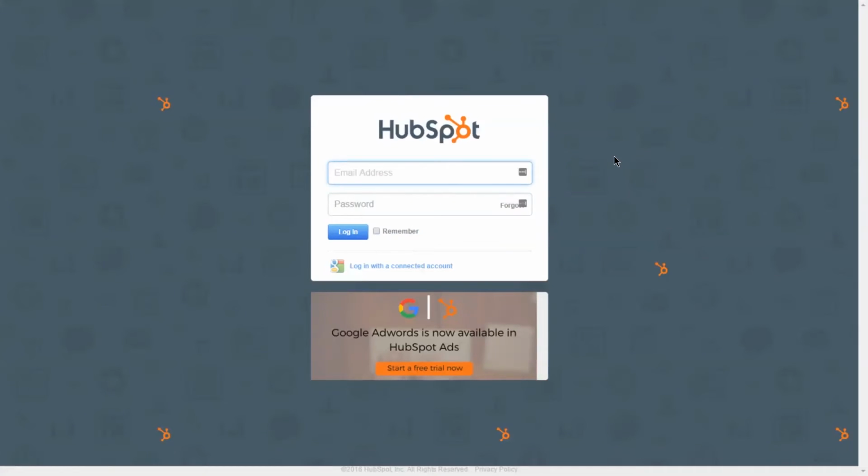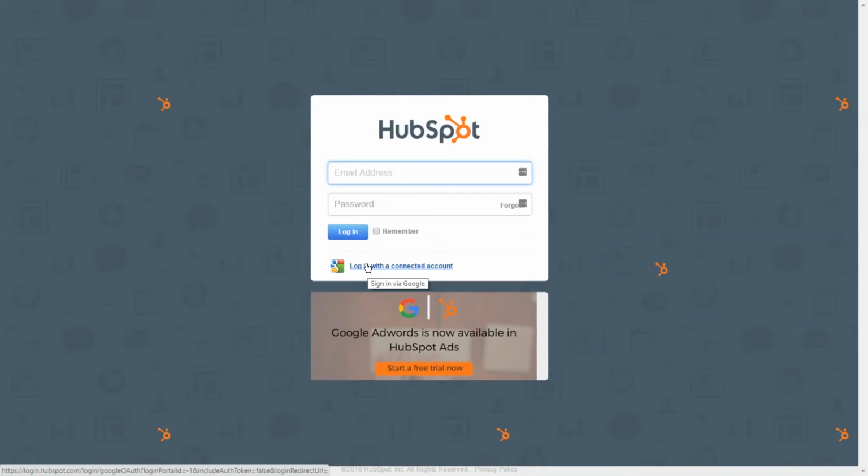When you're ready to log into the system, we will send you all the links to the tool itself. But you do not use the actual login form here. Go down to the bottom and click on login with a connected account, which will connect your Google account with our system.